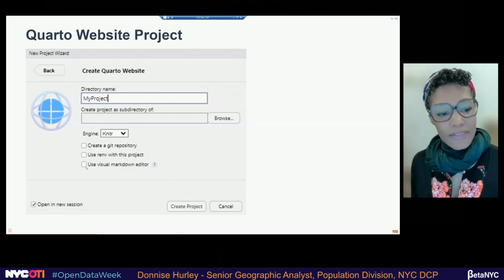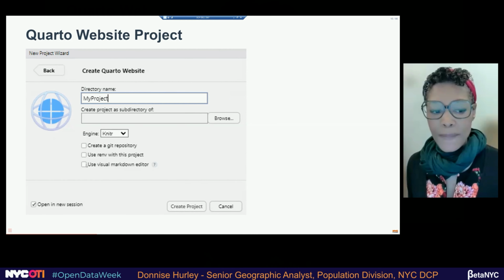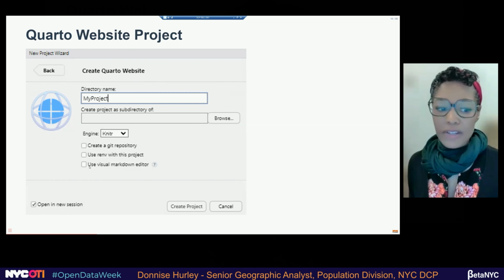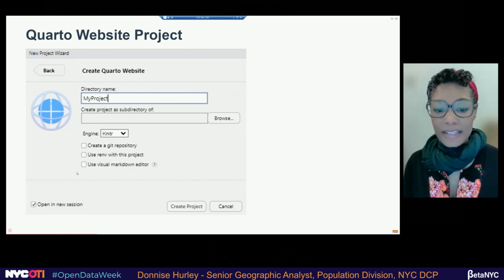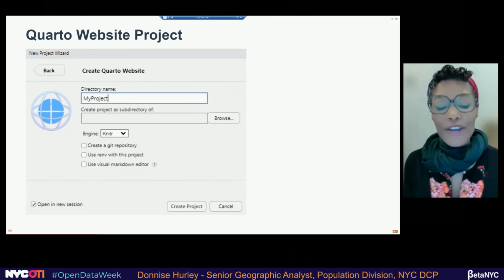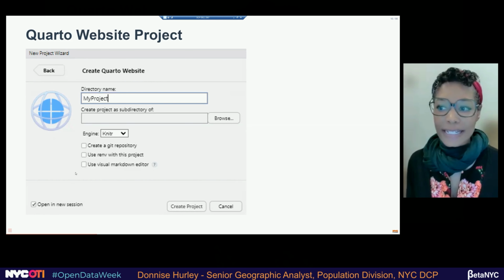And here I have Visual Markdown Editor unselected, and that's a personal preference, but I will note that the Visual Markdown Editor is a really good transition for someone who is maybe used to working in Word and so writing syntax is brand new to them. So you can click on the visual editor, and it's a more sedated Clippy.